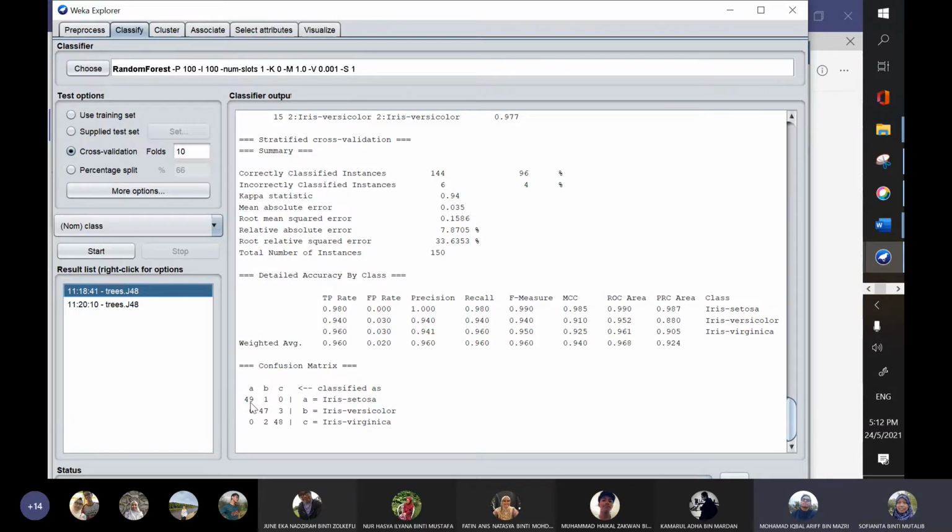Okay, good. So true positive means that the actual is iris setosa and it is predicted as iris setosa. The next one, 47, is the true positive for iris versicolor, and then 48 is the true positive for iris virginica. This is the true positive for A, how about the true negative? Okay, so it's 47 plus 48. So this is the true negative when you are talking about iris setosa. Okay, next, let's have a look at here. TP rate. What is TP rate?